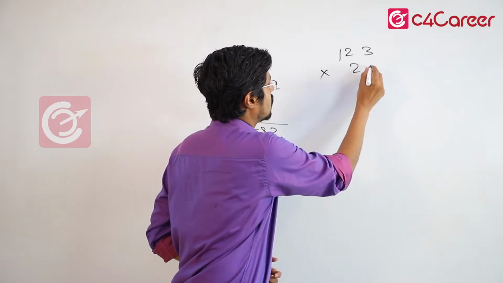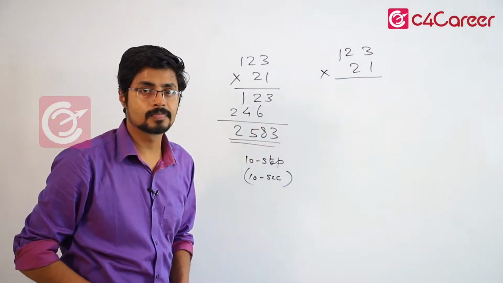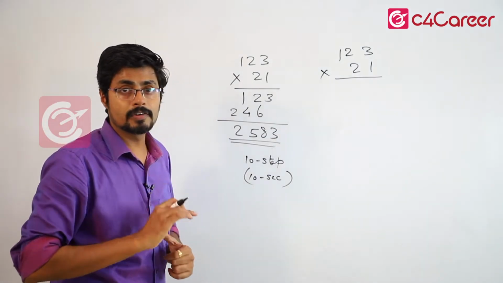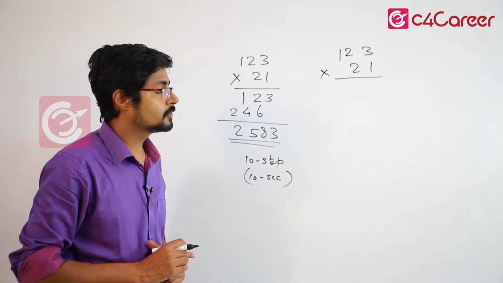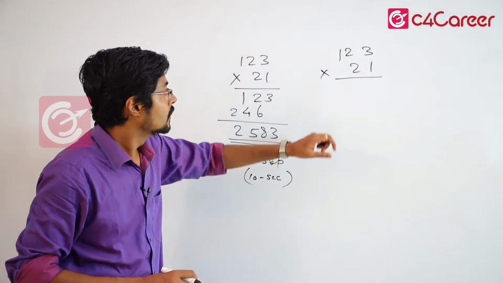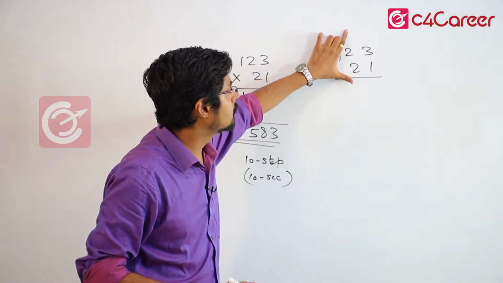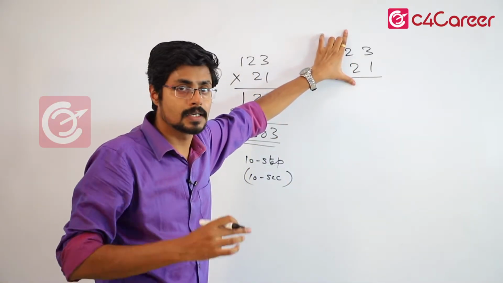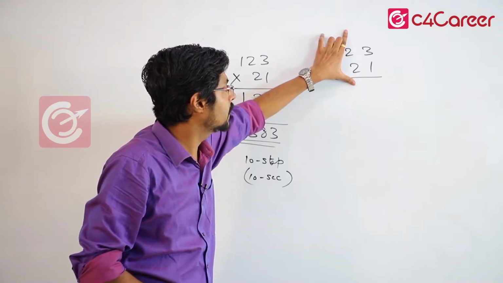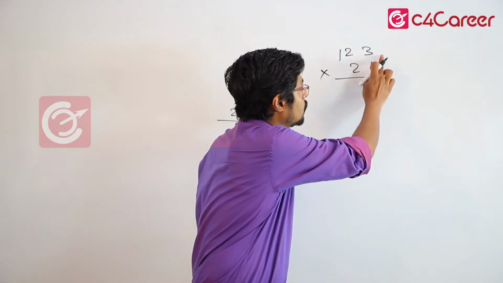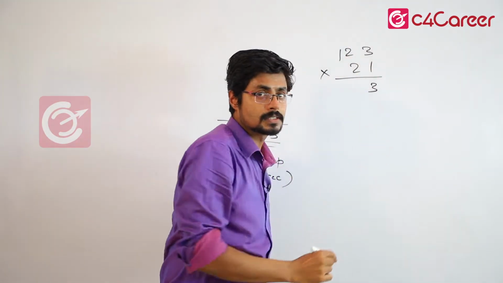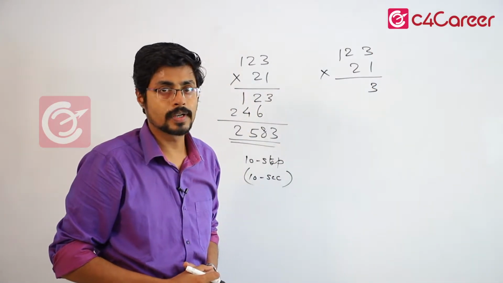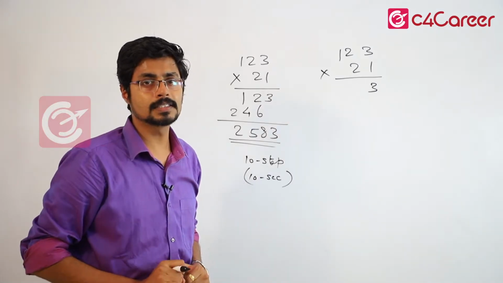123 into 21, same number we have. We are trying to see how we will do it differently. Those of you who have seen the previous video, it's very easy for you now. How? First, just compare the 2-digit multiplication. Just take 23 into 21. Now it is a simple 2-digit multiplication. Just start with that. How do we get it? First, what we'll do? 1 into 3. We discussed last time, we first multiply the unit digit 1 into 3. So we get 3.